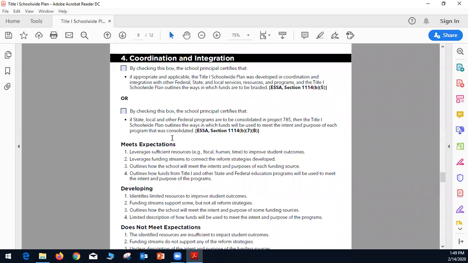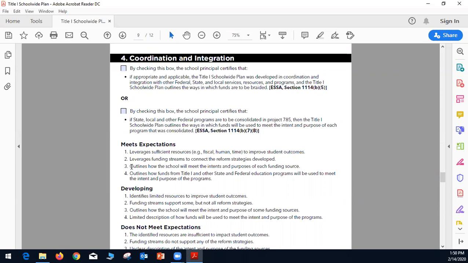A well-written plan that meets expectations will leverage sufficient resources in terms of fiscal, human, and time resources to improve student outcomes. A plan under development will indicate limited resources to improve student outcomes. And a plan that doesn't meet expectations will identify resources that are insufficient to impact student outcomes.